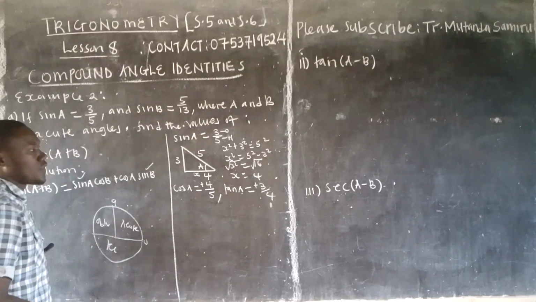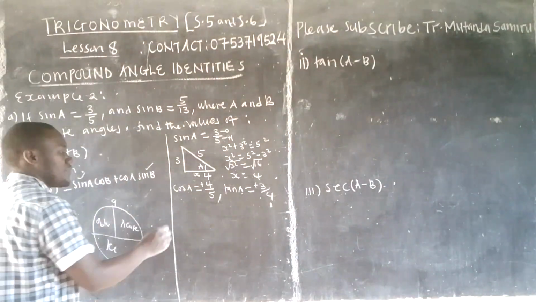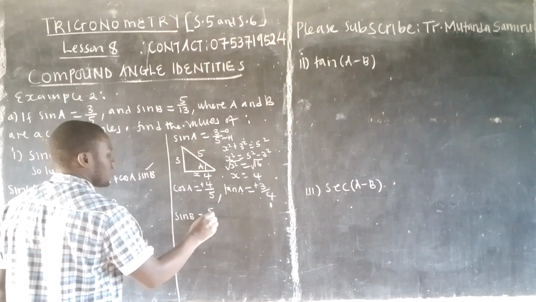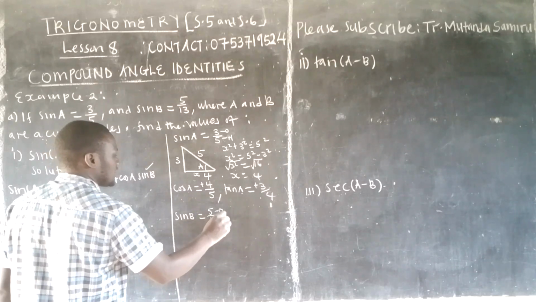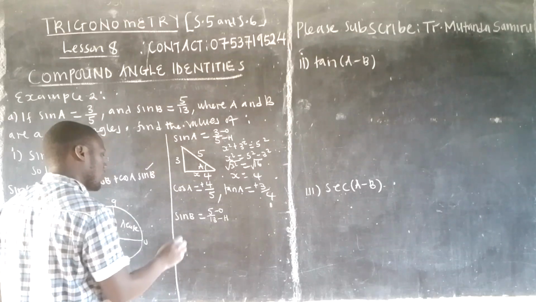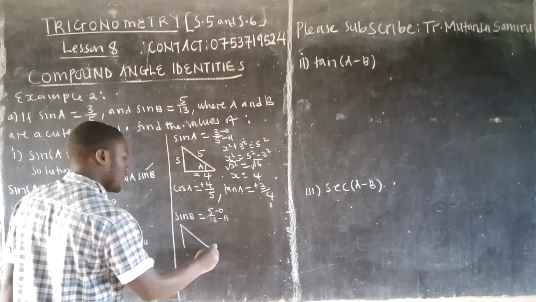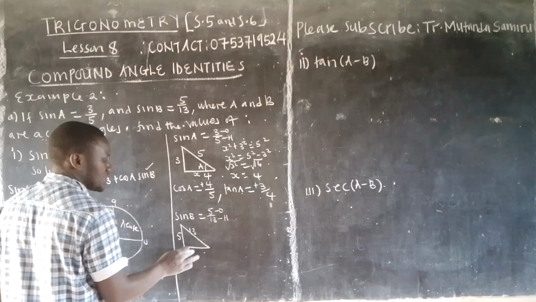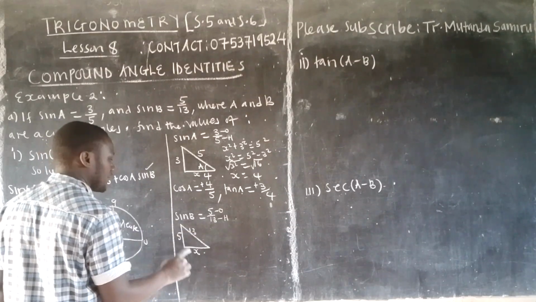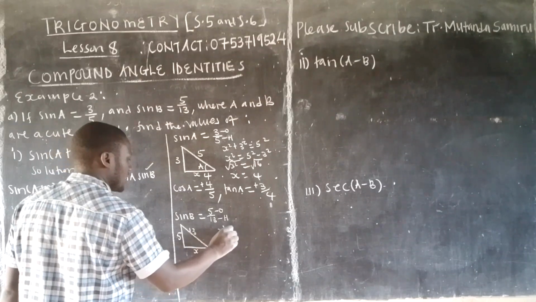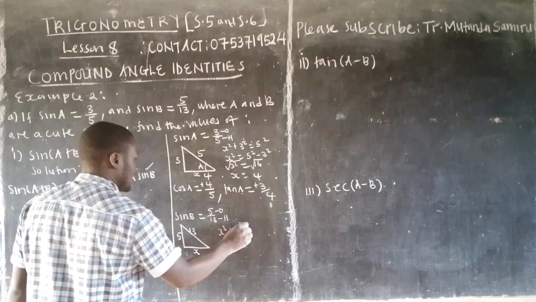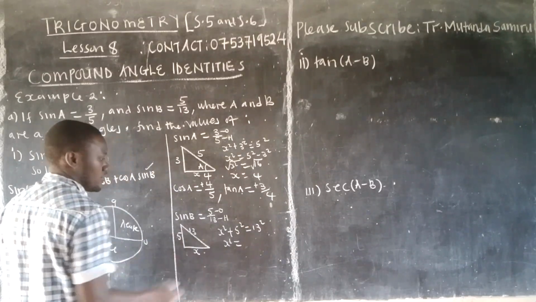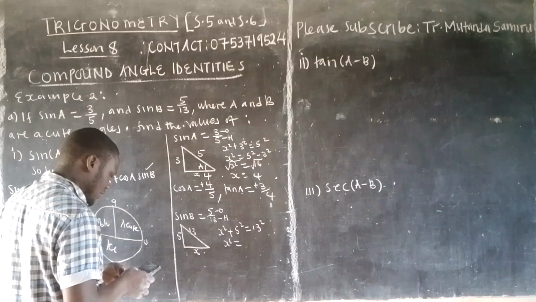Then I must also get the values for sine B. Sine B is equal to 5 over 13. This is opposite, this is hypotenuse. Now I will again draw my triangle. My opposite is 5, and this is 13. I also need this side value, let me call it x again. Now x squared plus 5 squared is equal to 13 squared. Here I'm going to go direct. So x squared is equal to 13 squared